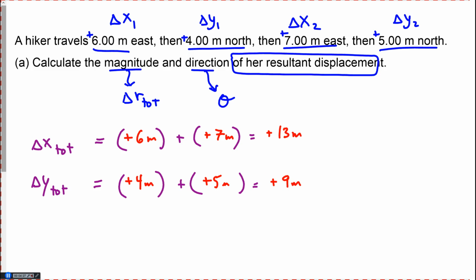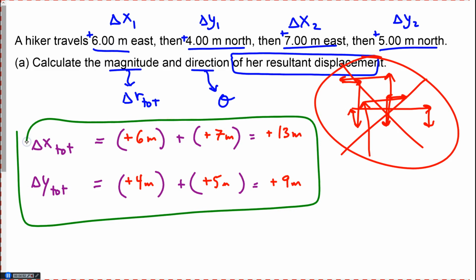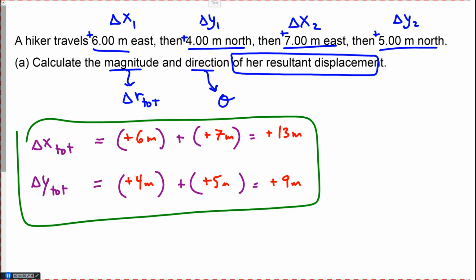We can draw this out easily, and we don't have to worry about, if it's a really complicated problem where she goes north and then east and then west and then south and then north again and then west and then east and south and then north and then really far east and then south. This gets complicated, right? You can't just draw a picture. It's not reliable for that type of a complex problem. That's why this is such a great method. When it comes time to draw, we don't have to worry about all those individual things. We draw a single right triangle